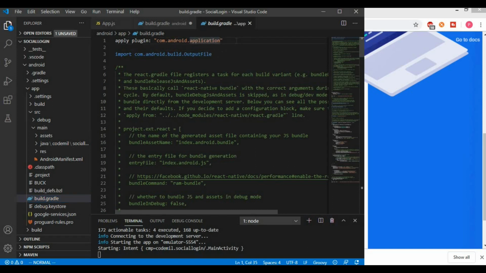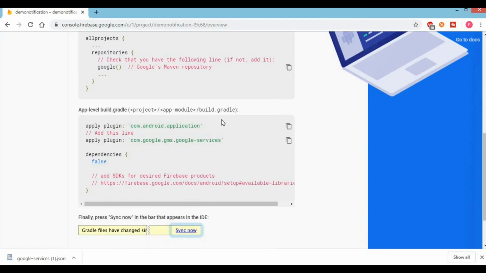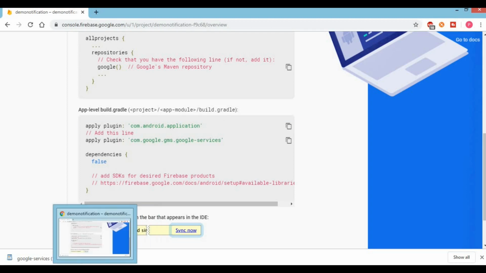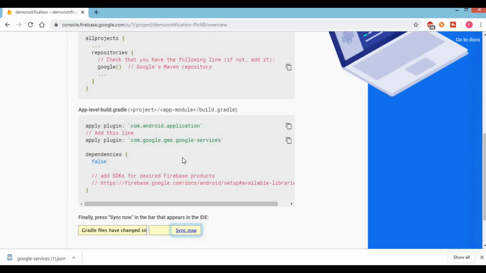Here it is present. And for now I am not going to add the plugin for Google services. I will add this in a later part of this installation and tell you the reason when I do so.